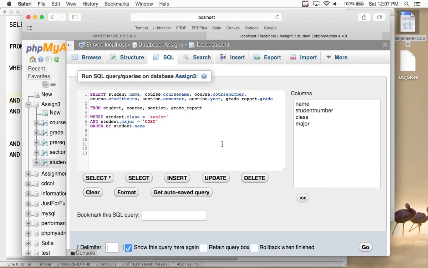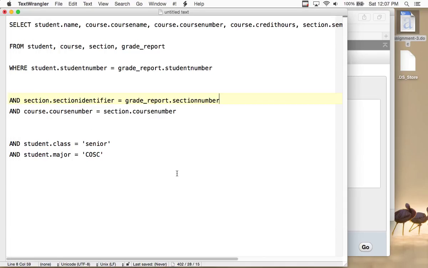Well, technically not, I guess. Not in this case. I wanted to show you joins, though. These are joins. All right, just take that with a grain of salt. It's okay. The group by works just fine, you're right. But if you wanted to, you can join the section identifier with the grade report section number and the course section number with a section number. If you put it together, it reduces the amount of results that you get back because you only get one